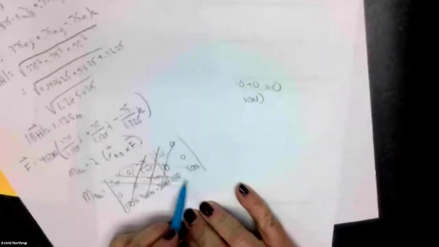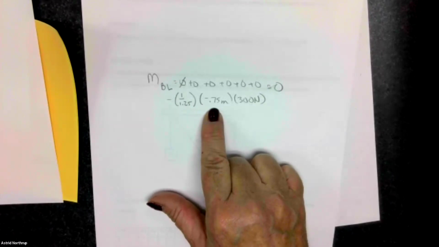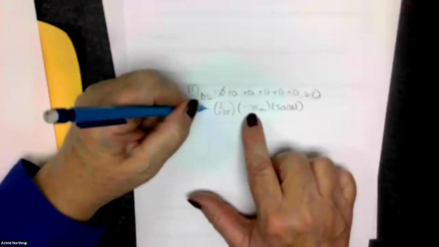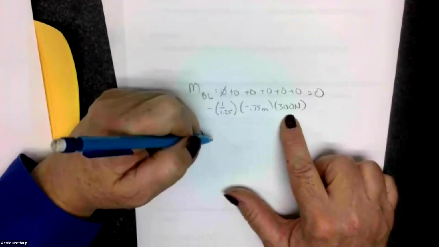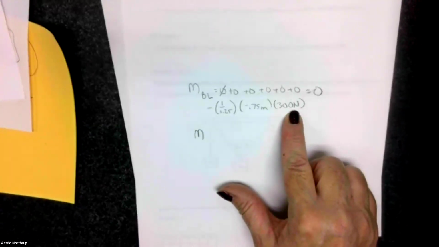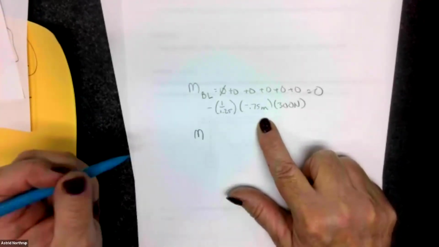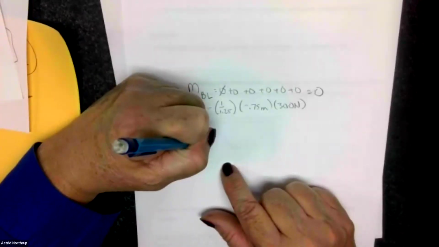Why is it a negative? Because the slashes that go this way from left to right, you add them, and then you subtract them the other way. But what you find then is that you have a negative and a negative, so the whole thing turns out to be a positive. The overall expression is going to be a positive. So we're taking the moment about AD.